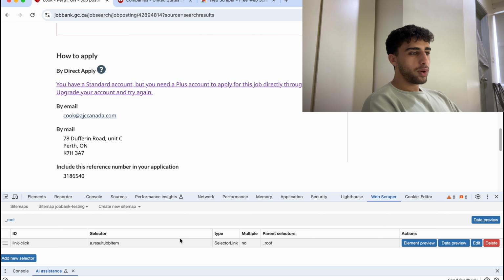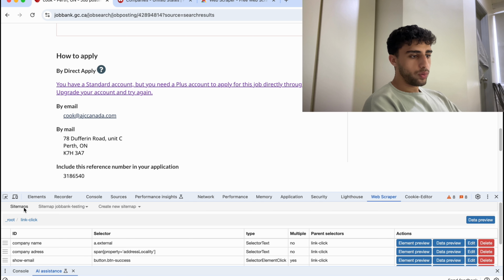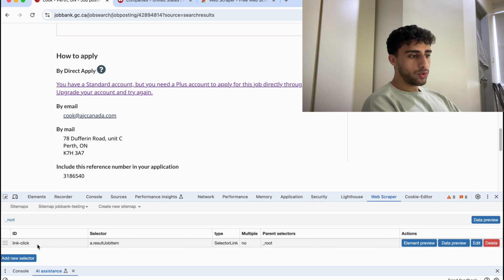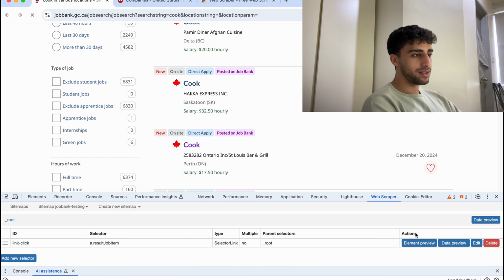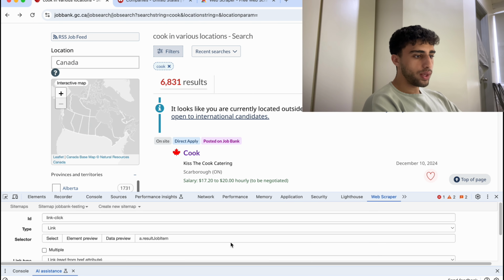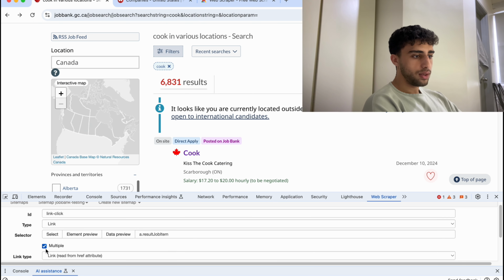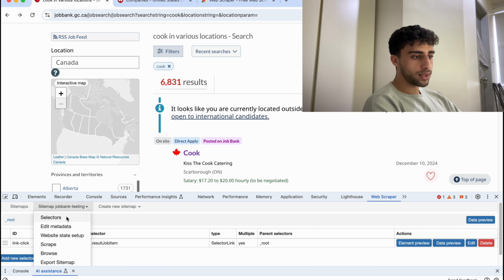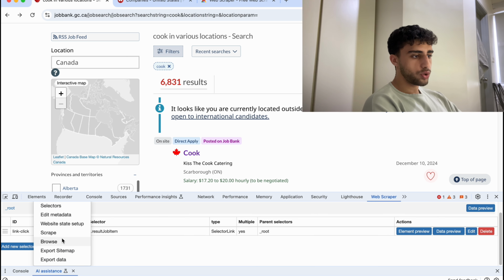one thing I should note, I just tried to test it out and it didn't work, is this right here. You see how if you go back to your main, you go to link click, this should be selected as multiple yes. So here you see multiple no. This should actually say yes, and that's because you wanted to go through every single one, right? So you go down here, you go to multiple yes, and then you go to extract, or scrape, sorry, and